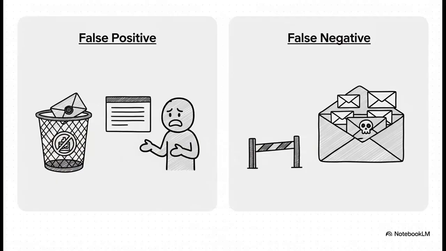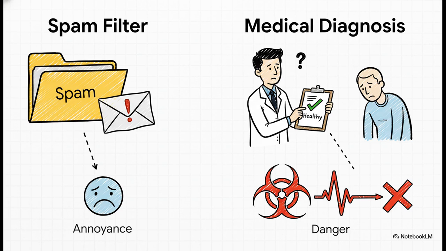So let's just break down those two mistakes one more time. A false positive, that's when a good email, like a job offer or a message from your boss, gets thrown into the spam folder by accident. A false negative is the opposite. That's when a piece of actual junk mail gets through the filter and lands right in your main inbox. Now think about the stakes. For a spam filter, a false negative, getting some junk mail, is annoying but whatever, right? But a false positive? Missing that important email could be a huge deal.